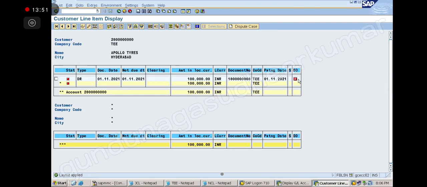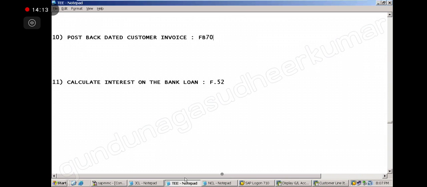You see already it is a red arrow. Red arrow for how many days now? Not 1 month. 36. Yeah, 36 days already overdue, correct? Okay. So now last step. Everything is ready now. Now what is the next step?